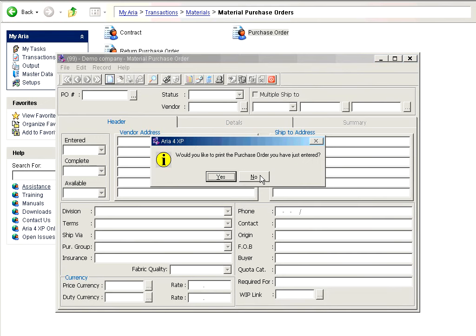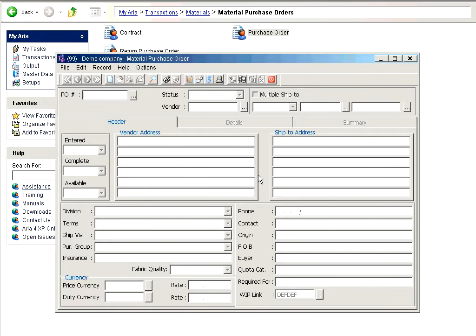and clicking on save. The system also gives you the ability to print the purchase order. If you click yes, it will print that PO that we just entered. If I click no, then I can enter as many POs as I like. Then we go to the printing part of the system in order to print